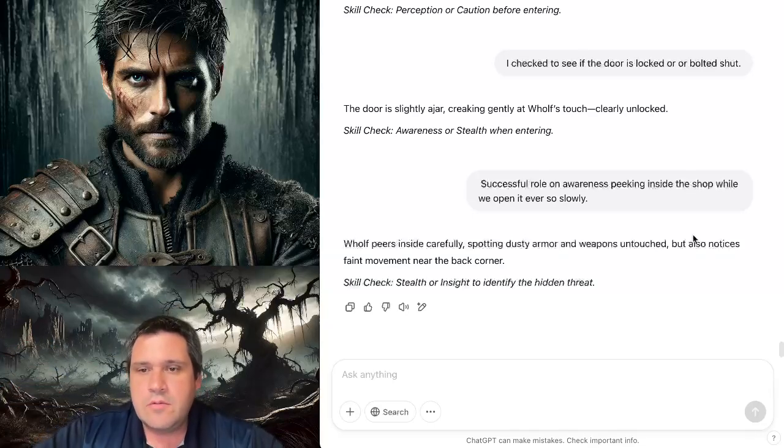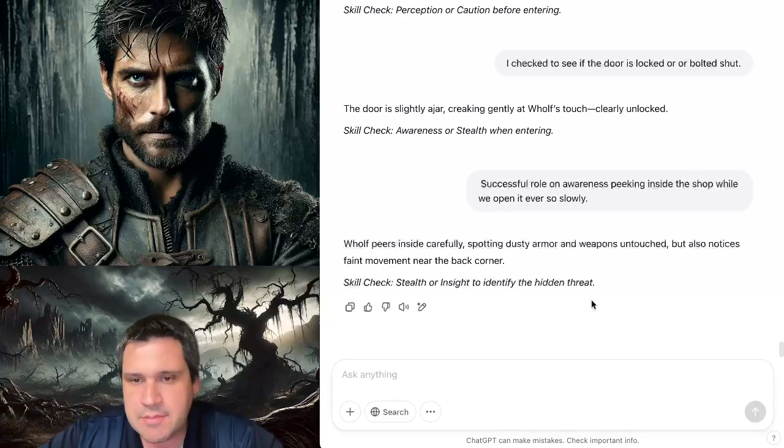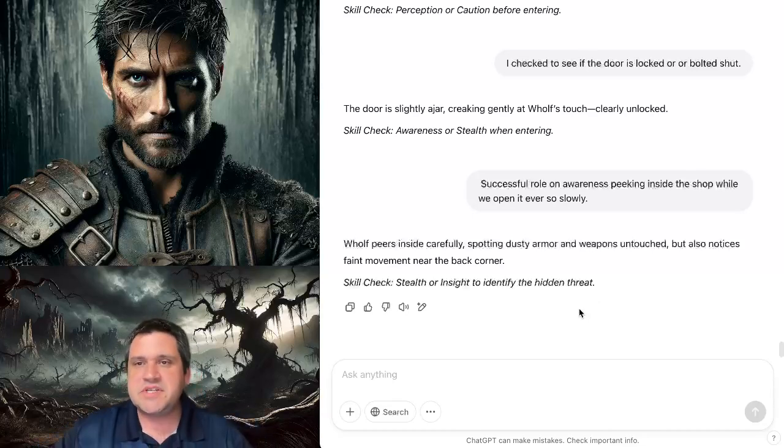Now, where we left off, we entered this mysterious abandoned armory and weapon shop. And Wolf looked inside based on a successful roll and saw what looks like dusty armor and weapons untouched, but there was a faint movement near the back corner. Now, we are going to do a roll for this, and as always,